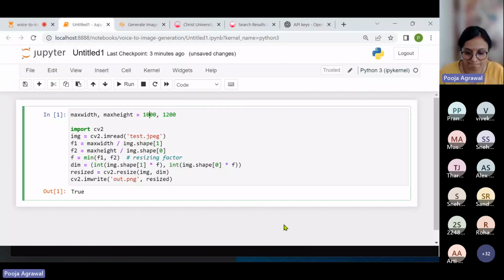Maybe we can try something else. Maybe I would say, I'm not sure, but then let's try 1600 or 2000 and then divide in this ratio as 1000 and name the image output 1.png.